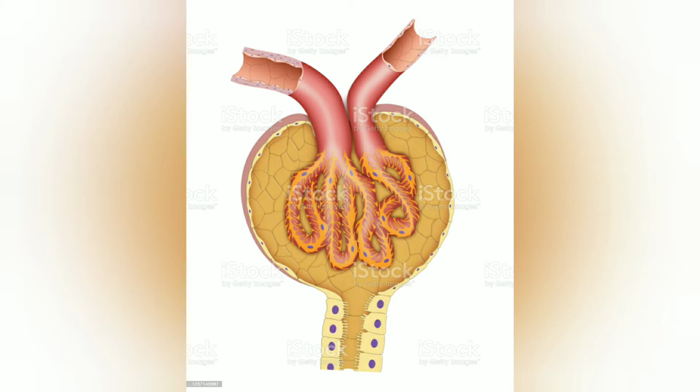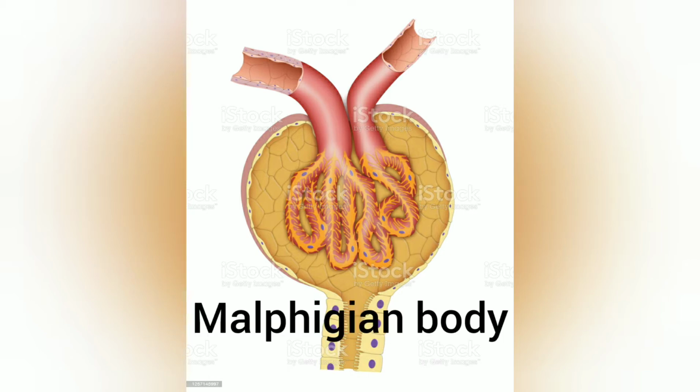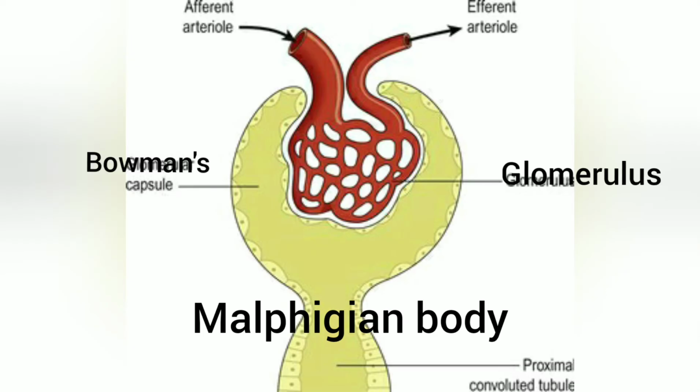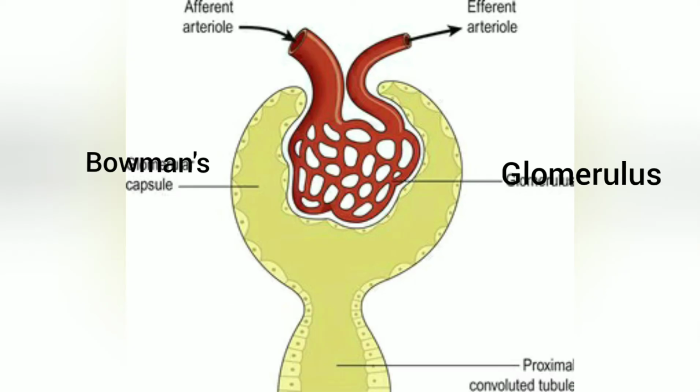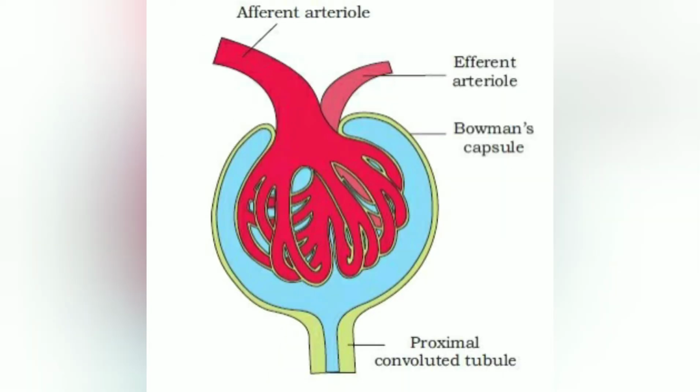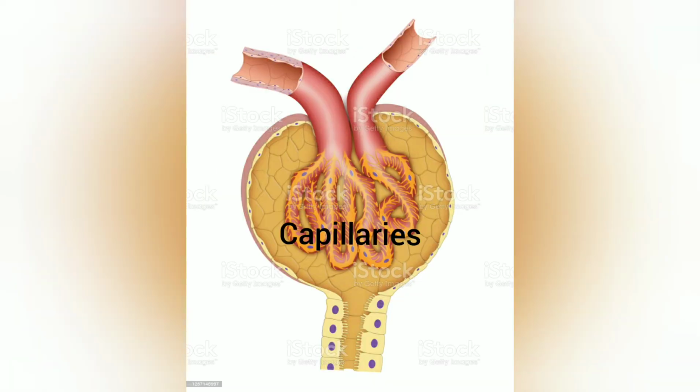This step takes place in glomerulus, or you can say in Malpighian corpuscle, where glomerulus and Bowman's capsule is present. So we know the structure of glomerulus. We have seen that diameter of afferent arteriole is greater than that of efferent arteriole. In between these two, there is a tuft of capillaries. The diameter of capillaries is still smaller than both these arterioles. So due to such differences in diameter, blood flows with greater pressure through glomerulus.